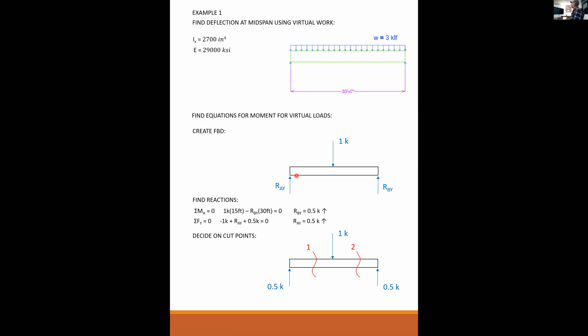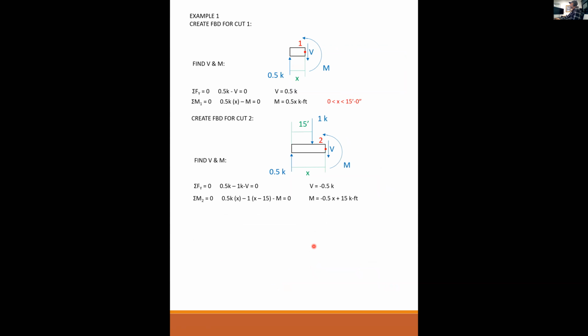This one, we could not use the double integral method. We couldn't take advantage of the symmetry. So this one required using the 2 cuts. And if you had not used the 2 cuts, then